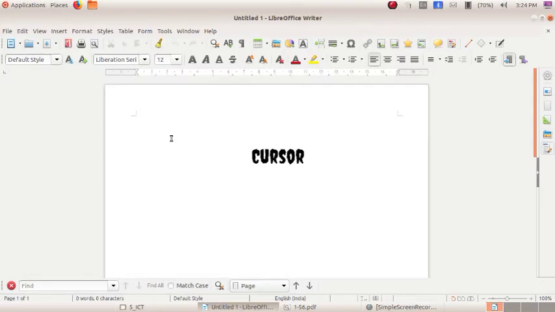So, the vertical black line blinking in the word processor window is known as the cursor. What is the specialty of this cursor? If you want to type anything, it will be displayed just after the cursor.